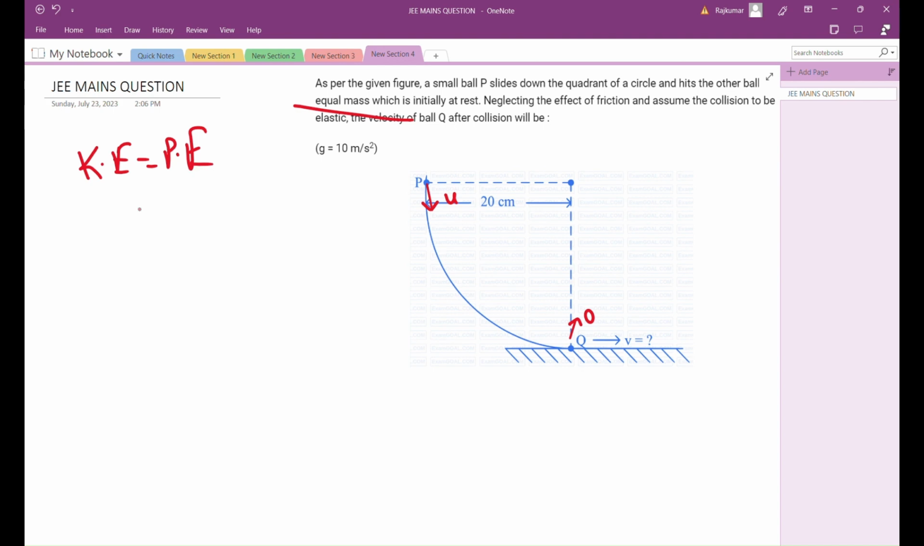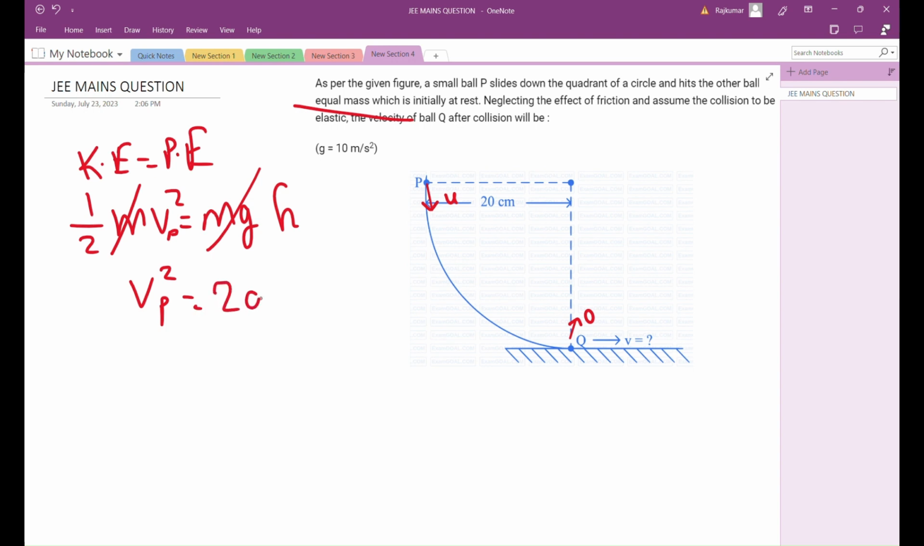So half mv square is equal to mgh. Okay, so m cancels. So we are finding the velocity of p. Okay, vp, let's put velocity of p. So vp square is equal to